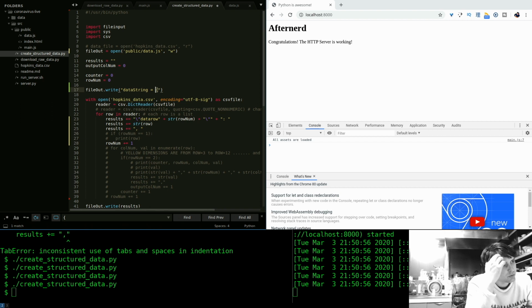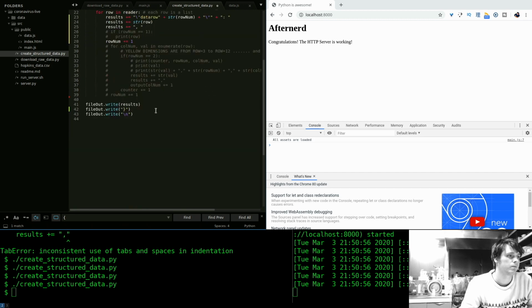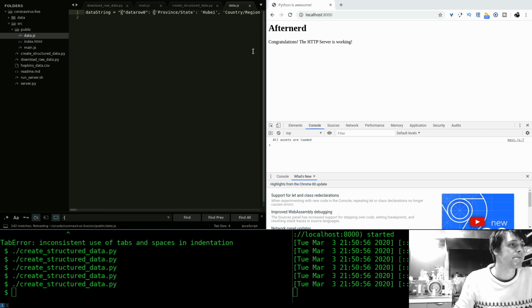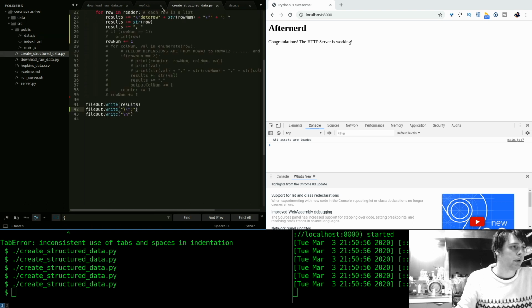Data string equals that. Add a semicolon just for good measure, I guess. Okay. So data string equals all that stuff. It's getting a little weird with the different use of single and double quotation marks. But let's pass this to this function and it will